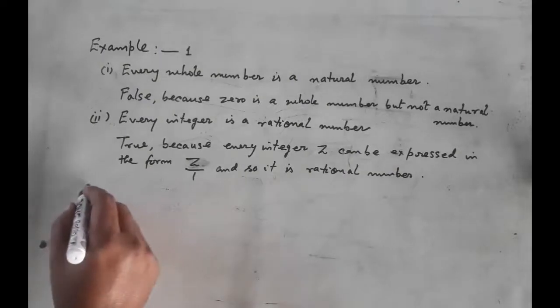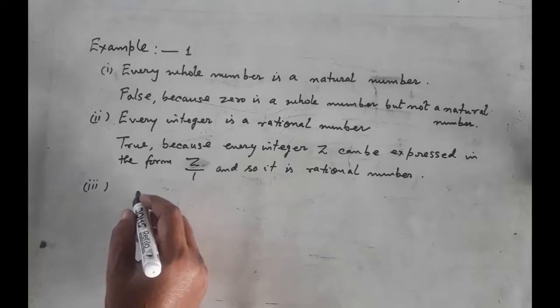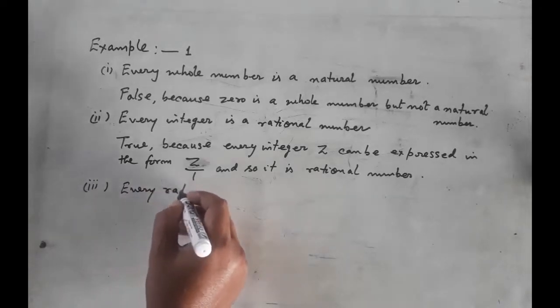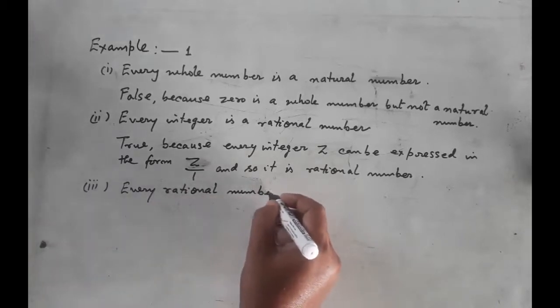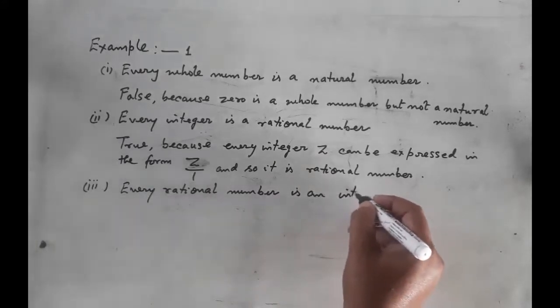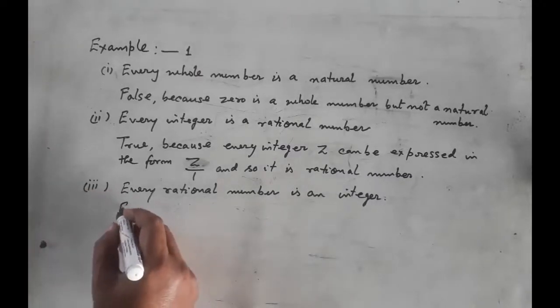Your third is: every rational number is an integer. Every rational number is an integer. That is false, because every rational number is not an integer,